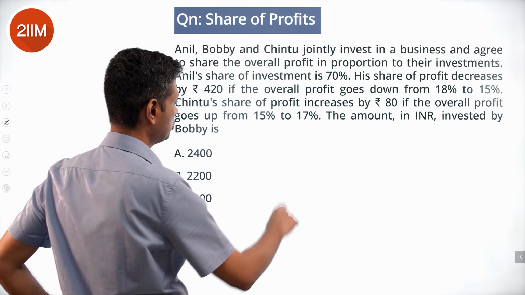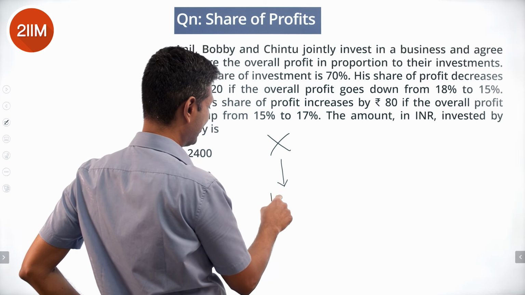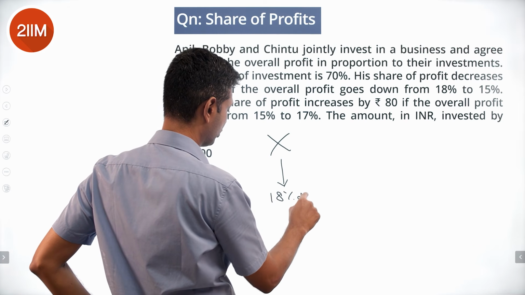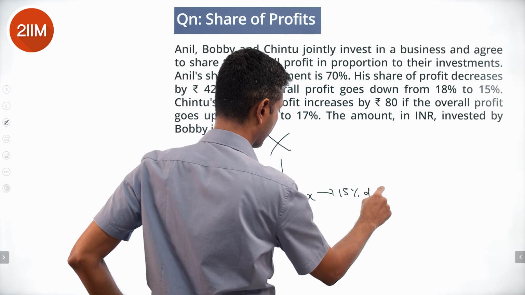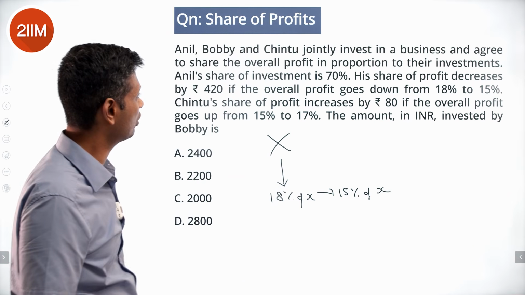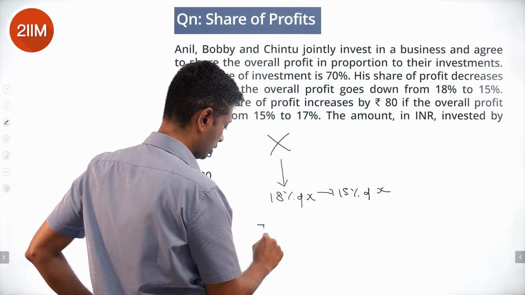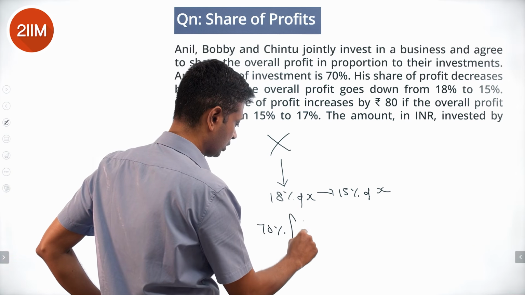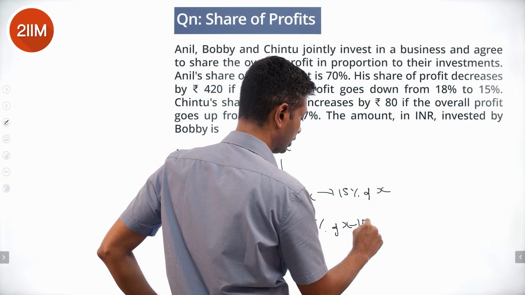And so some amount X they have invested. Instead of getting 18% of X, it goes to 15% of X. Anil's share falls by 420. So Anil's share is 70% of 18% of X minus 15% of X